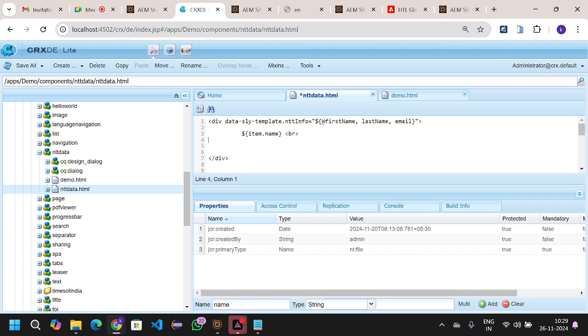I want to display those three parameters, so I would like to take an h2 element, and inside it I want to read the template values. These are the parameters, and at the template level we are taking the parameters. Here we are reading the parameters. We can read the parameters by using the Sightly expression. So this is some dummy text, and for displaying purposes, first name, and you can mention